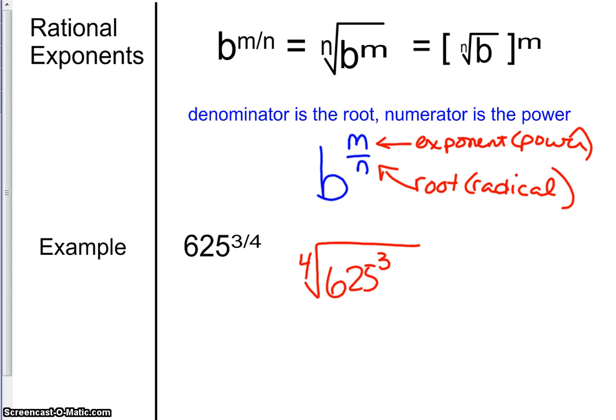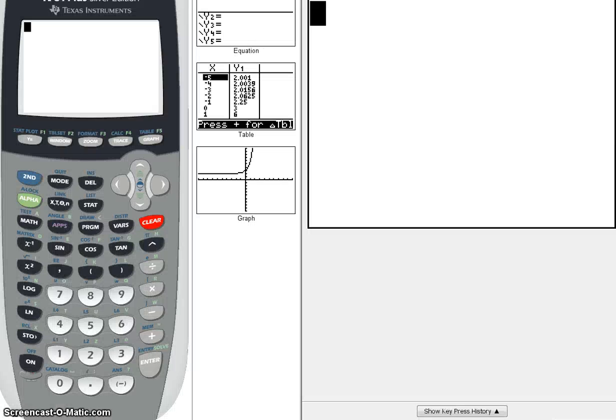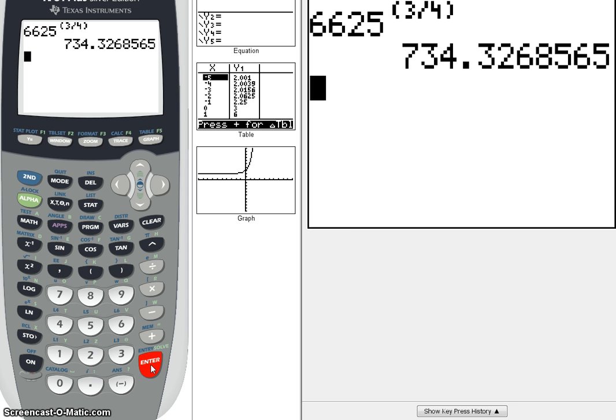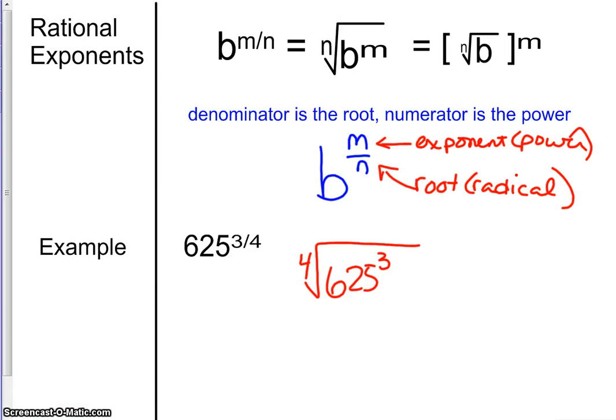Okay? Now, to tell you the truth, if I had this problem, 625 to the 3/4, what I would do is I would get a calculator, and I would go 625, and it's raised to the 3/4. So I'd put parentheses, and I'd go 3 divided by 4. So raised to the 3/4, and that's my answer. I know it's not a pretty answer there, but that'd be an estimate answer. I was kind of trying to see, do I have a whole number answer? And I don't, so I'd probably just leave it like that, since I didn't get a nice, pretty, full,